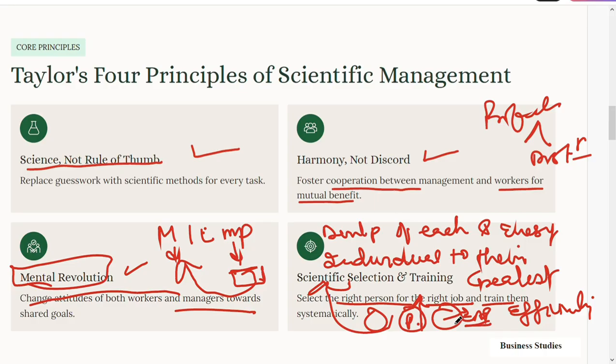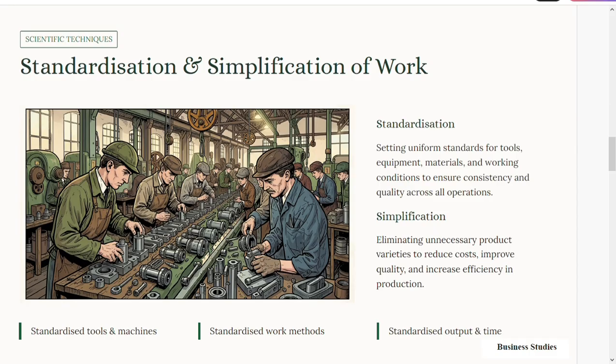There are two parts to that. One, the organization will benefit from this kind of training and the improvement in the employees' performance. At the same time, employees get motivated and feel that the organization and the management are thinking about them, and in a positive mindset they always do better compared to a negative mindset. So these are the benefits of this principle. These are the principles given under scientific management by Mr. F.W. Taylor.